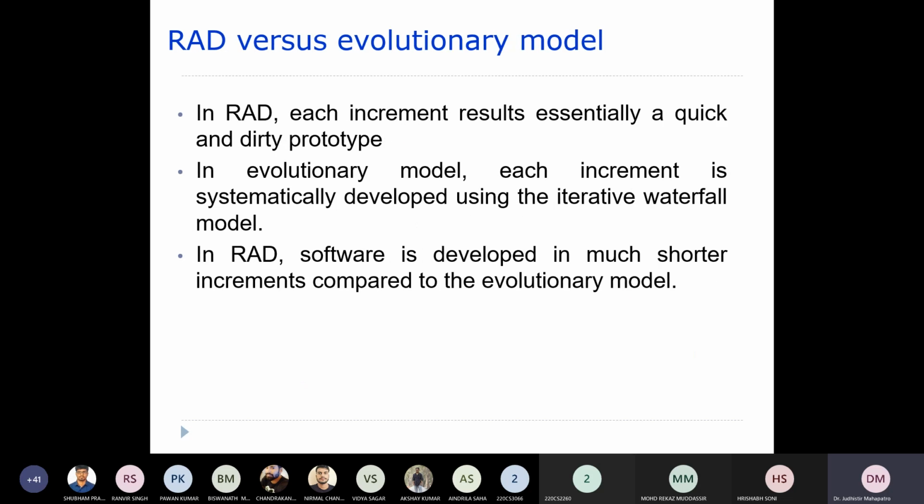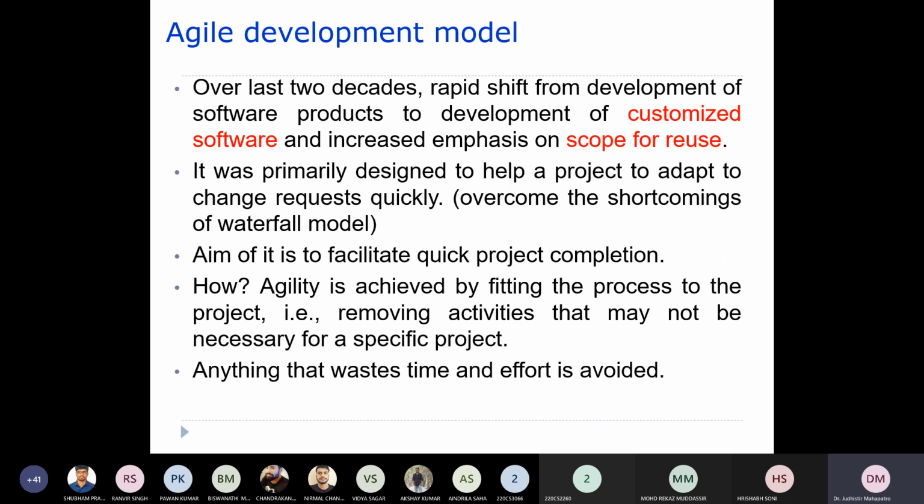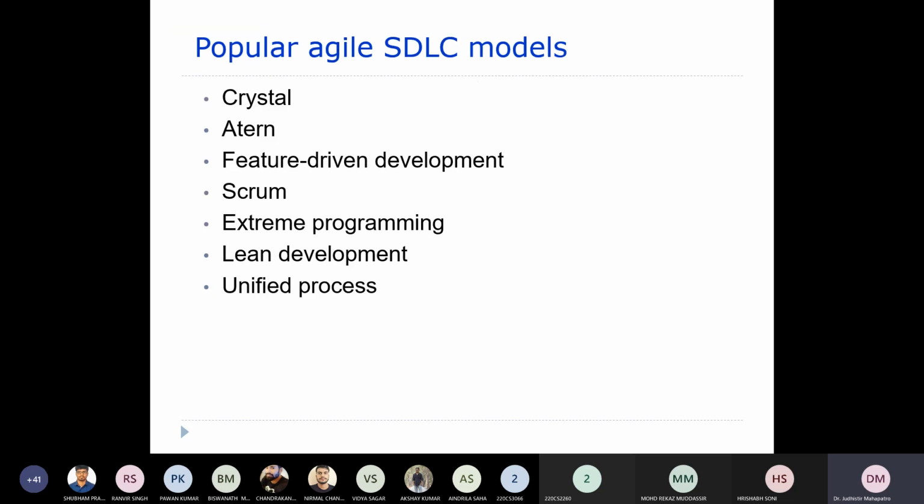Something called extreme programming, so we'll talk about that today, followed by a Scrum process model also will be discussed, right? And there are a few other models like Crystal, Eton, and all. You can go on your own time and have a reading on these topics, right?